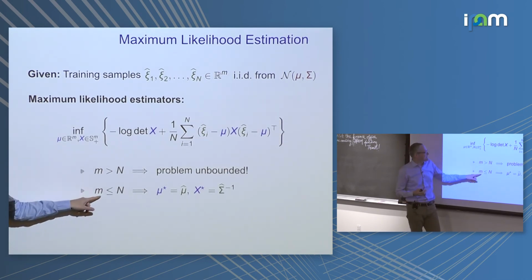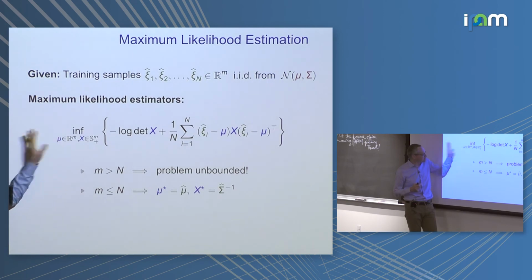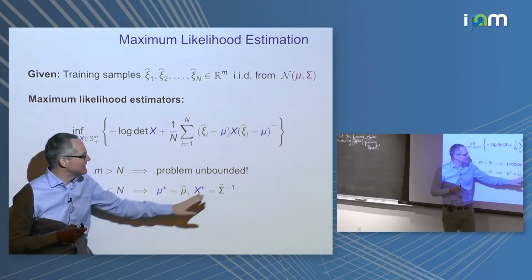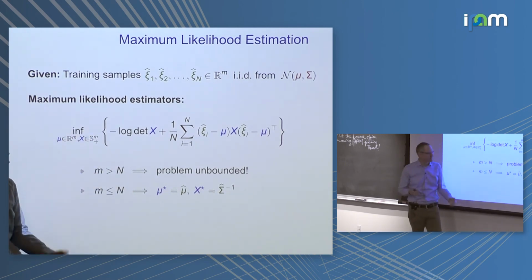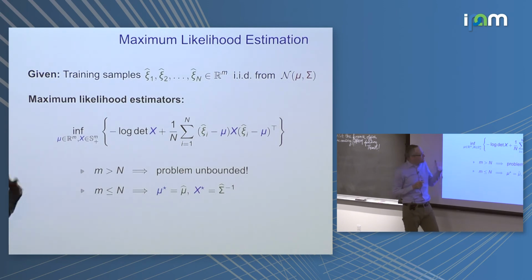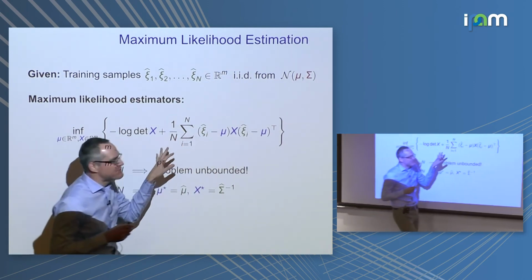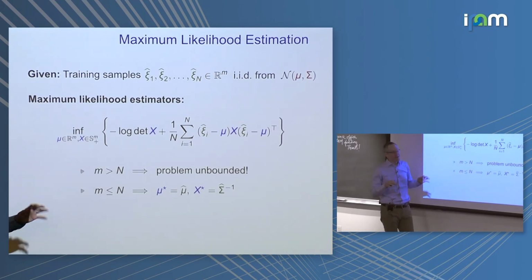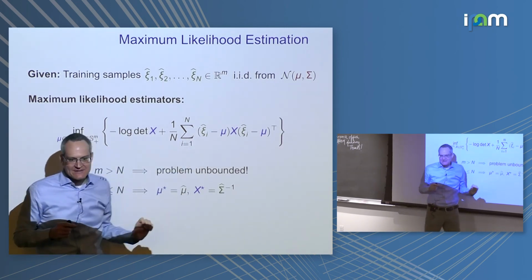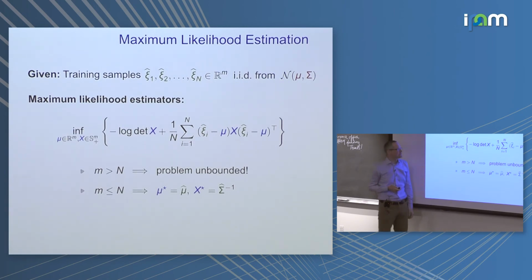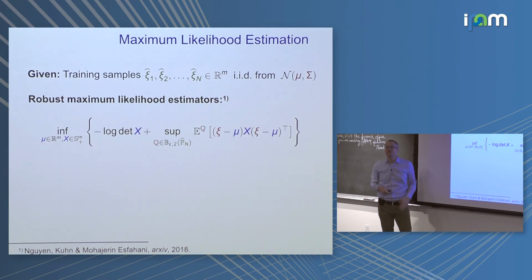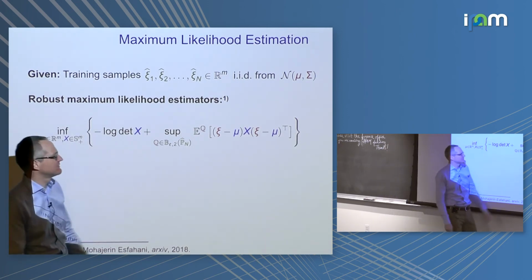In the other case, when the dimension is smaller than the number of samples, the optimal solution of this problem is just the sample mean vector and the inverse sample covariance matrix. So we actually haven't gained anything, right? However, now we observe that the second term here is actually just an empirical expectation of some quadratic function of the data. And of course, we will overfit if we have few data points here. And so let's just try to robustify this term here. So let's replace this empirical expectation by a worst case expectation over a type 2 Wasserstein ball. I work with a type 2 here because the loss function is quadratic.